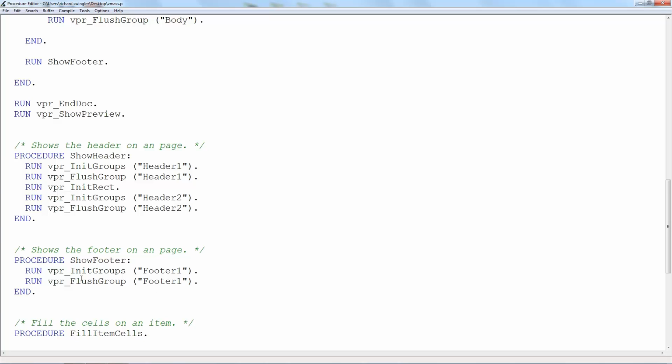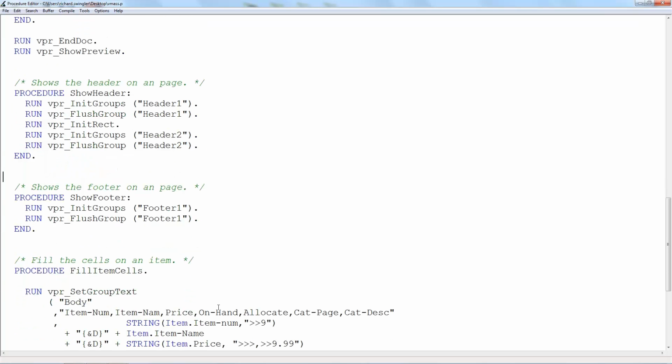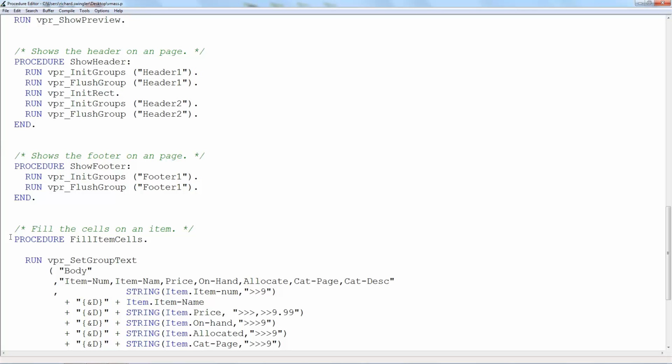It's not as necessary for footer, but it just helps to keep everything organized, to have these various different actions set into procedures that you call upon instead of having to create all of these each time. What it does is it initializes the footer 1 and then displays it. And the fill item cells, which we can see here,